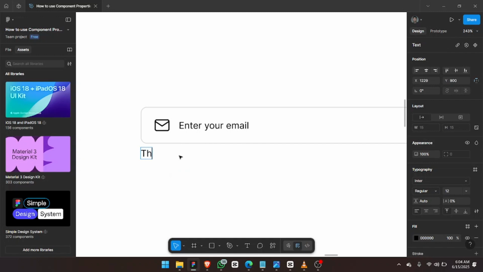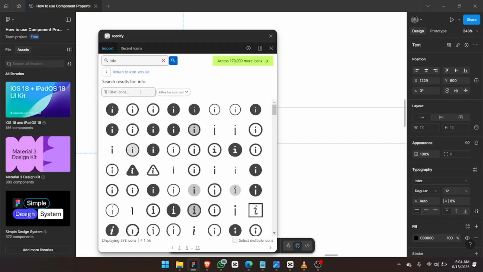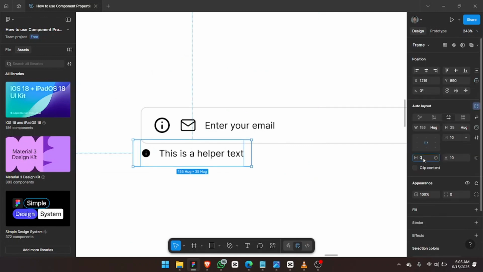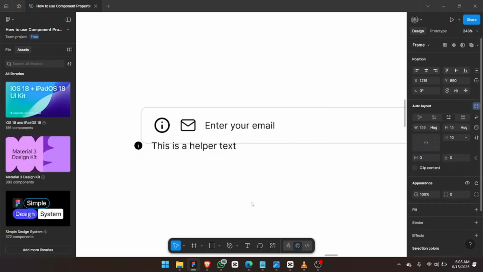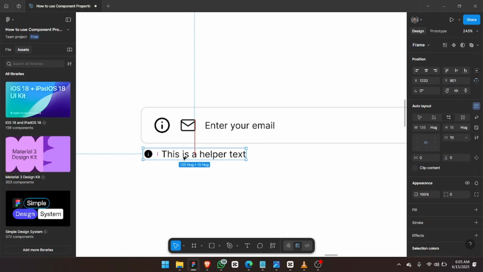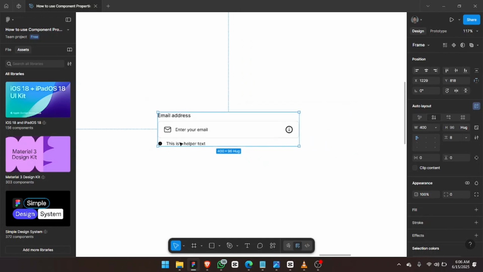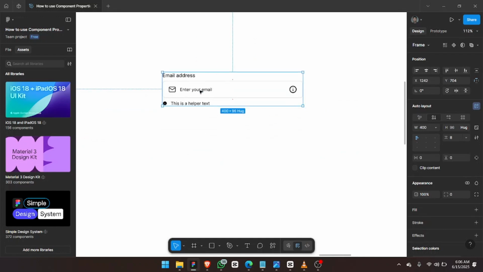So next is the helper text of the input field. We'll be using two sets of icons, one at the left and one at the right. So the next is the input field label. We add an auto layout around everything and give it a space between of 8 pixels. So with this, we already have our input field that we can turn into a component